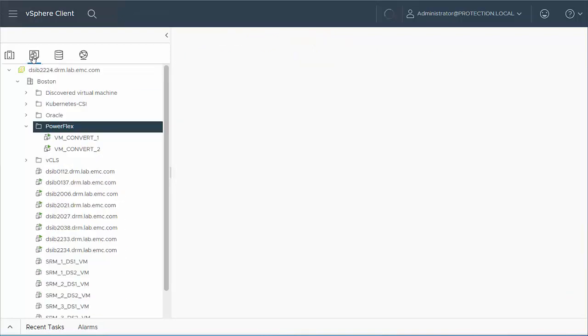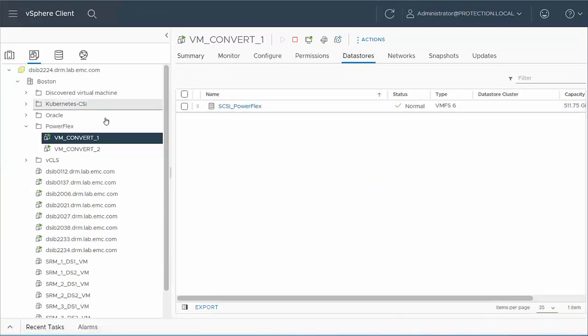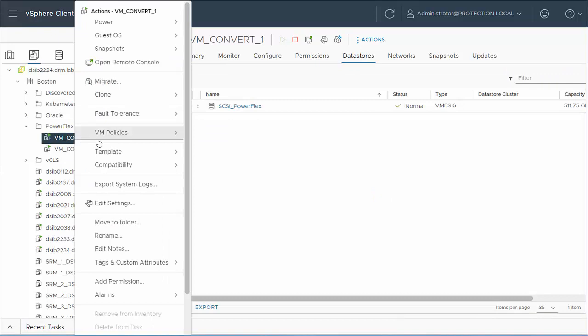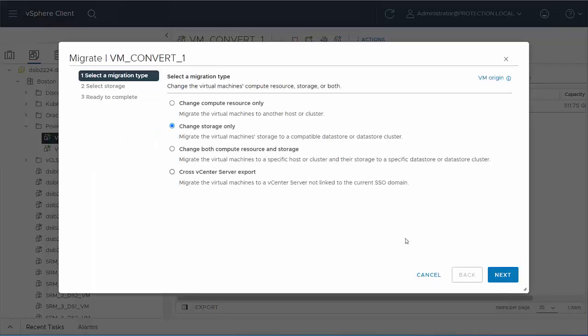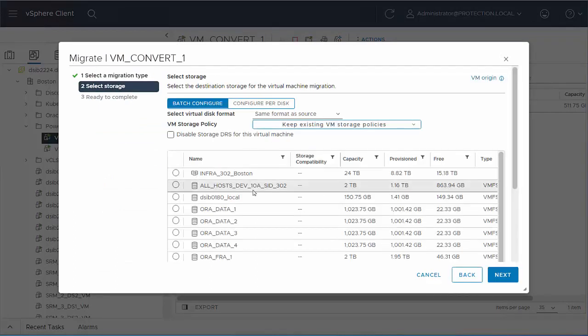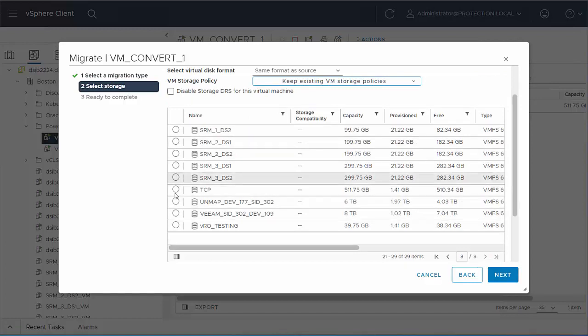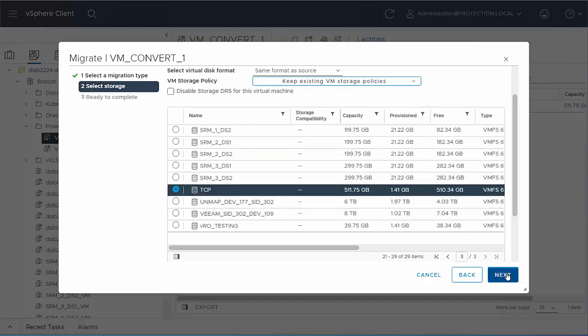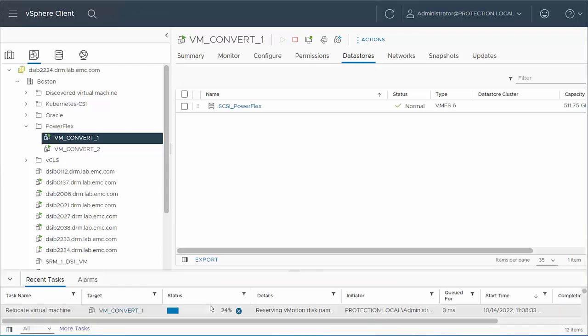Now we'll go back over to our PowerFlex and click on our virtual machine, which is currently located in SCSI PowerFlex. And all we're going to do is storage vMotion. So we'll go to migrate, change our storage. We'll go here to the end, pick our TCP, and then we can let that fly in between. So while that one's copying over,